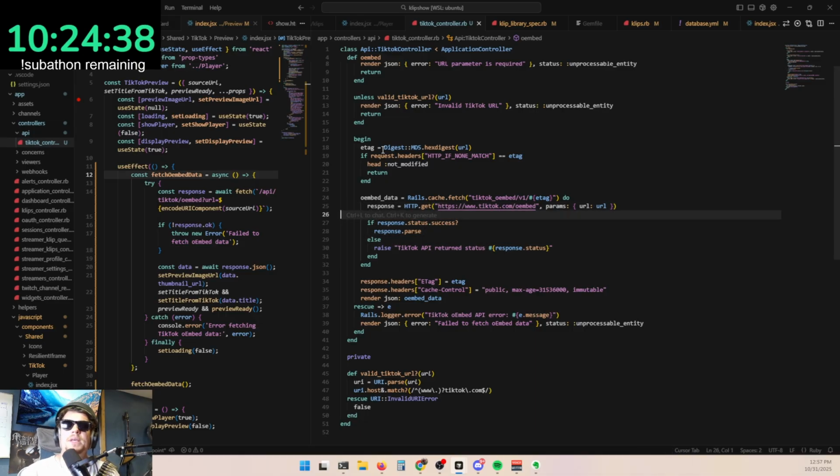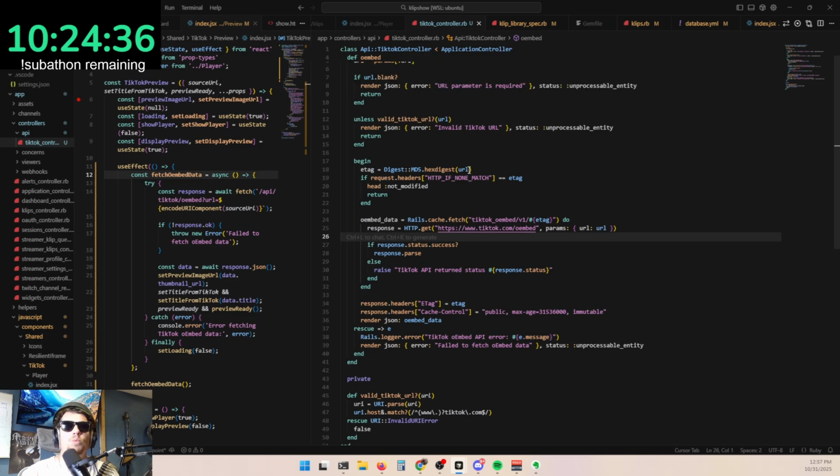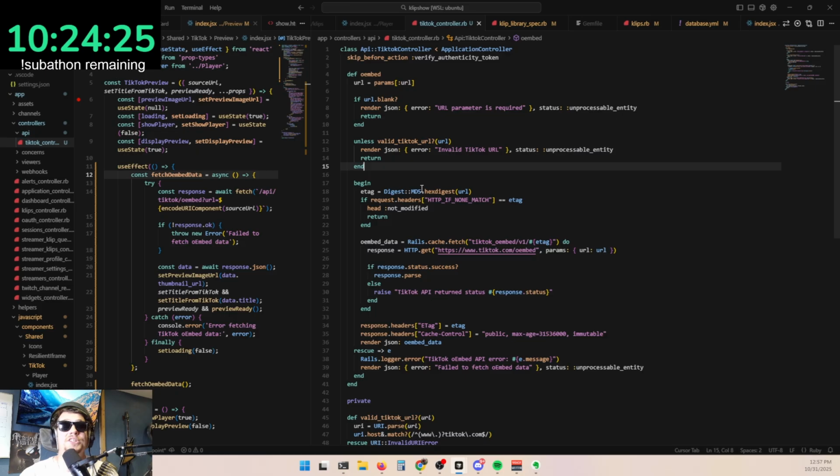And so we're not going to be able to get around having to make this request at least once, but once one user makes this request, I'm being very rigid with my strategy here. We don't need to change the cache if the description of the TikTok or anything like that changes. Really, we just need a preview image. So I'm setting this up to cache basically forever,